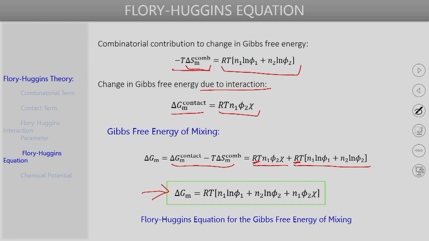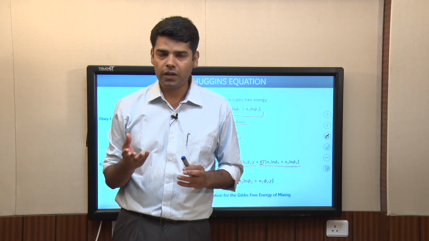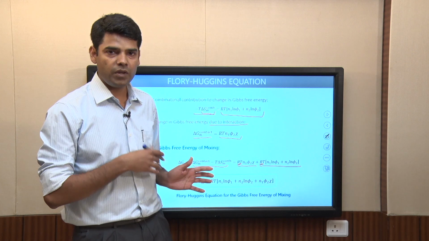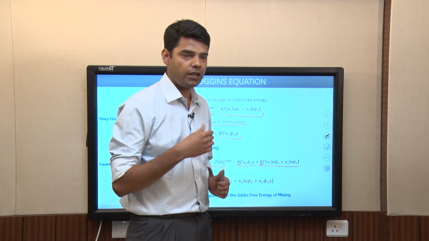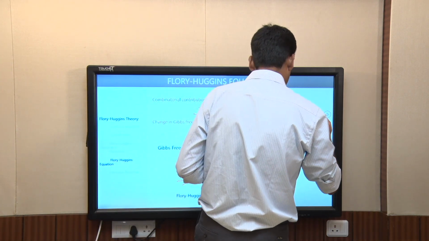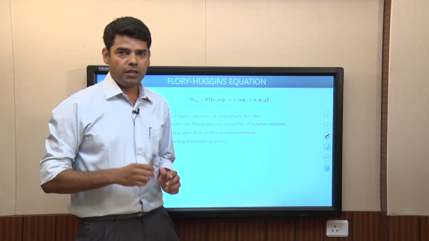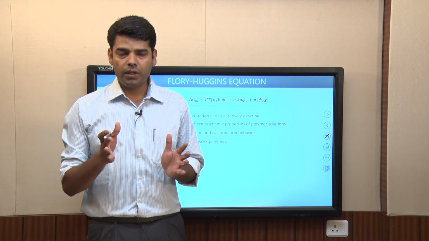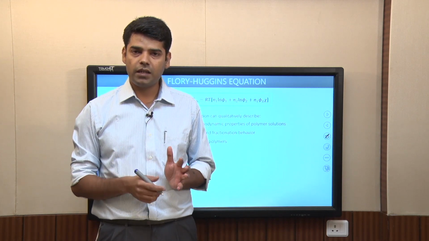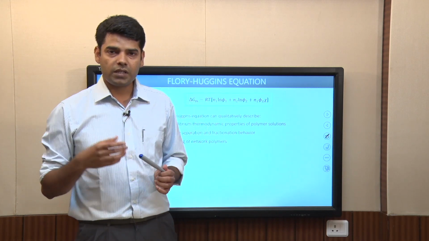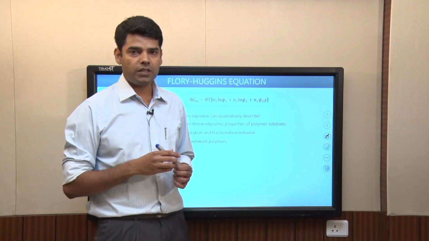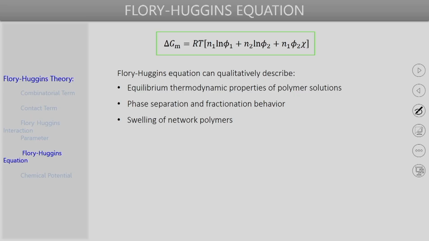So, this is the key expression of the Flory-Huggins theory, and it gives the Gibbs energy change of mixing. This Gibbs energy change of mixing is a very important quantity for describing the phase behavior of solutions, because starting from here many other quantities related to the phase behavior of polymer solutions can be calculated. Now that we have developed the complete Flory-Huggins equation, let us briefly discuss some of the features of this equation as well as some of its limitations.